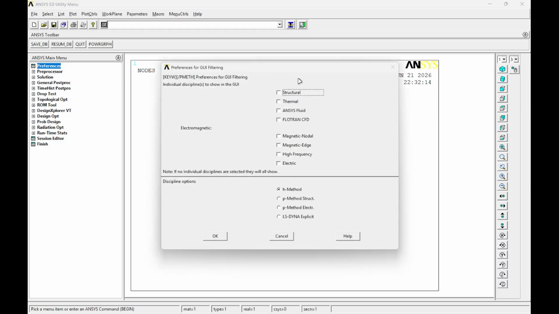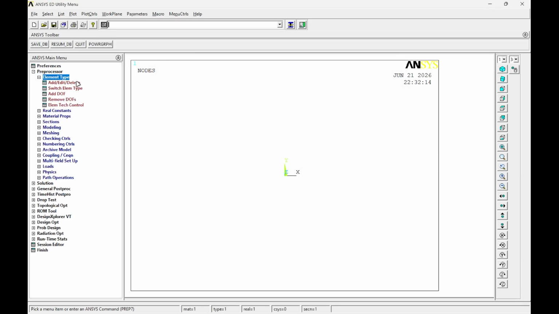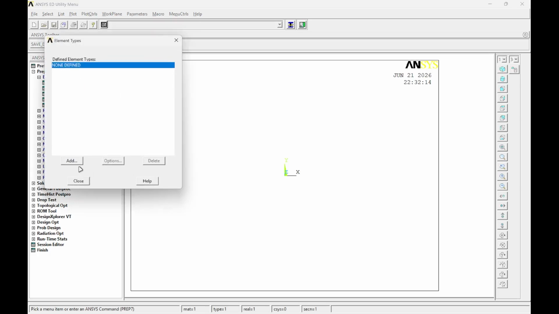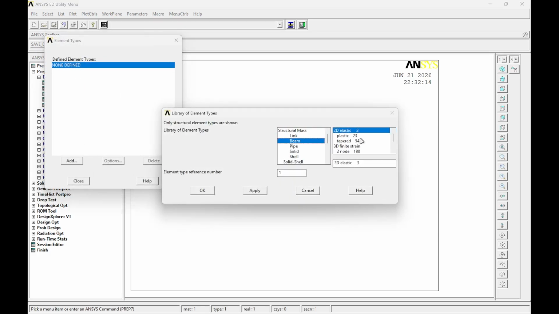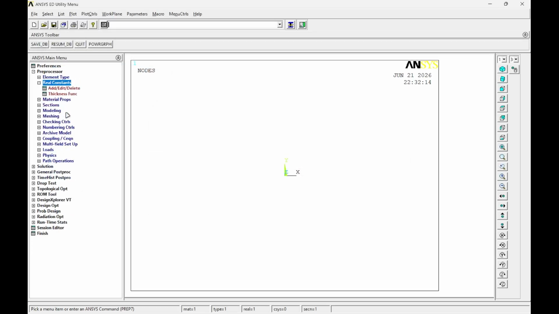So we'll be doing the structural part of modal analysis in this video. Let's start with the preferences. Let's start the structural on the preprocessor, element type. We'll be adding the element type as beam, elastic 3, clicking on OK and closing it. So let's add the real constant,